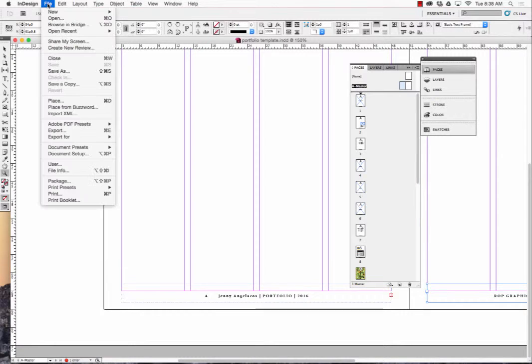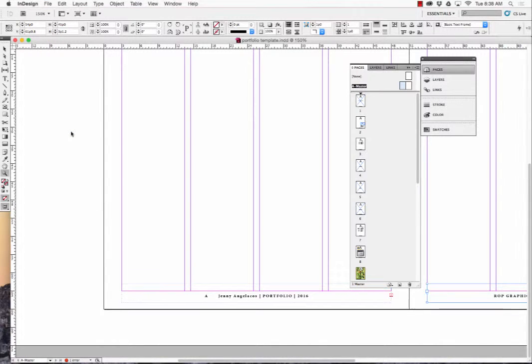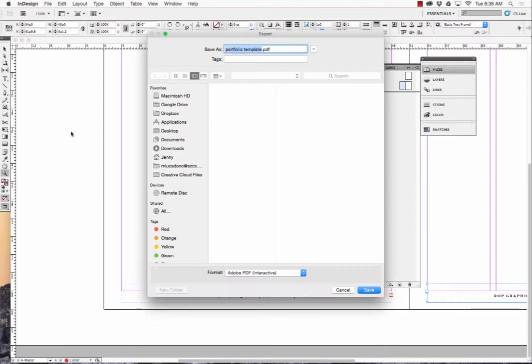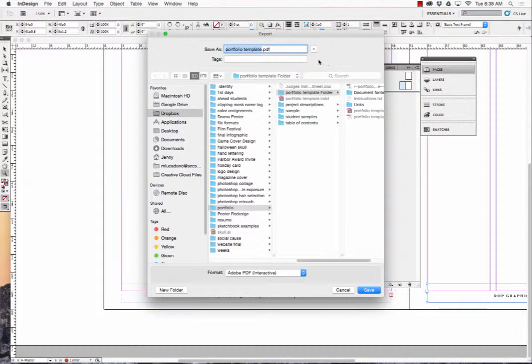So Command S, and then File, Export. When you do File, Export, you'll see a dialog box. You want to make sure that this is called your name, Jenny Portfolio. And then you're going to put it in your portfolio folder in your Google Drive. And if you are not planning on printing your portfolio,